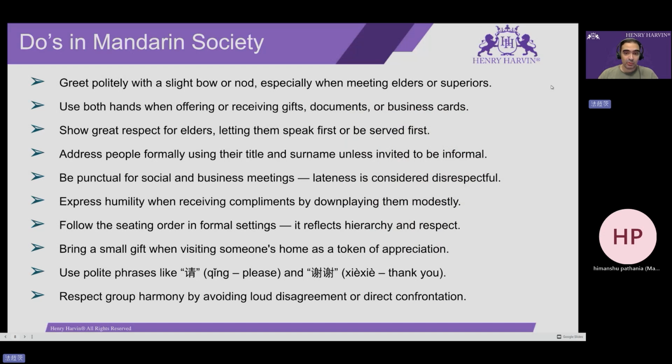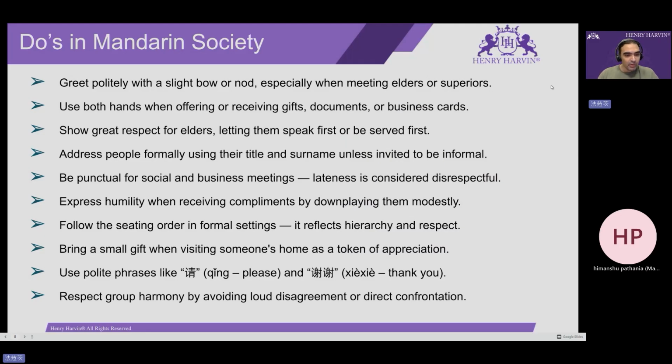Just like I mentioned before, modesty is a very important aspect of Chinese society. No matter how many achievements you have, no matter how successful you are, no matter how much money you have, or whatever you have achieved in your life, it is extremely important to be polite and modest, whether in public gatherings or daily conversation, because arrogance or pride is not considered very polite in their society.